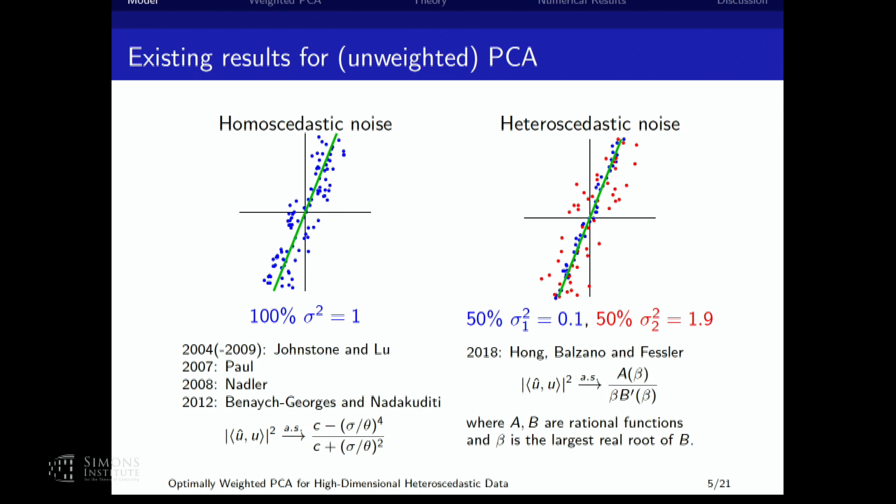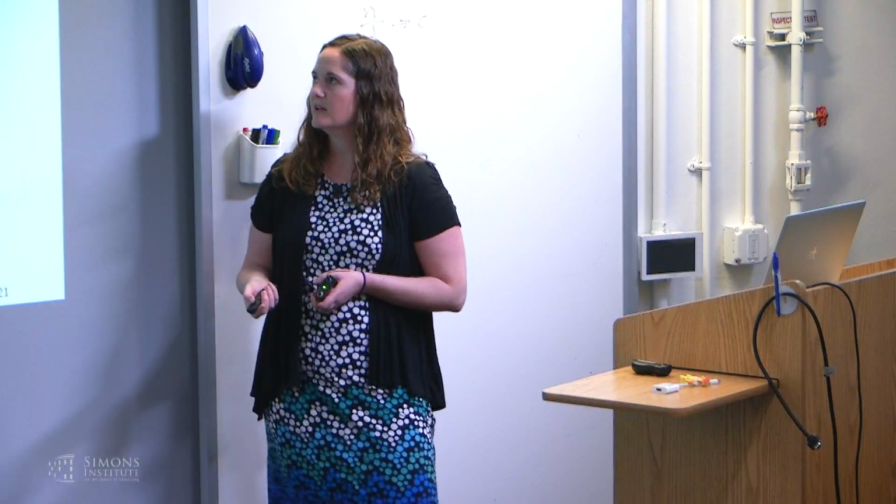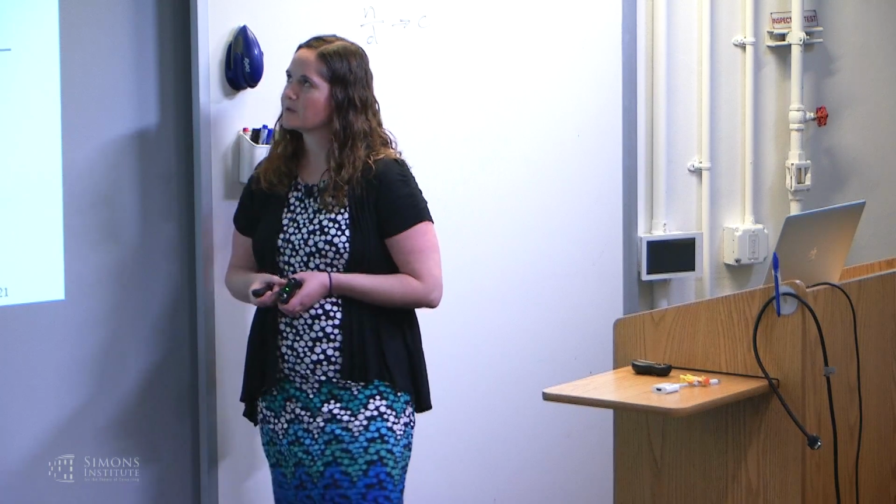Now, this is studying unweighted PCA, and a result of this analysis was to see that the recovery guarantee is optimized when the data are homoscedastic, if all the noise variances were the same. So it was a natural question for us to ask, is there a way to change PCA so that we could handle the heteroscedastic data and not get these suboptimal results in the heteroscedastic setting? And so that's what I'm going to talk about for the rest of today.